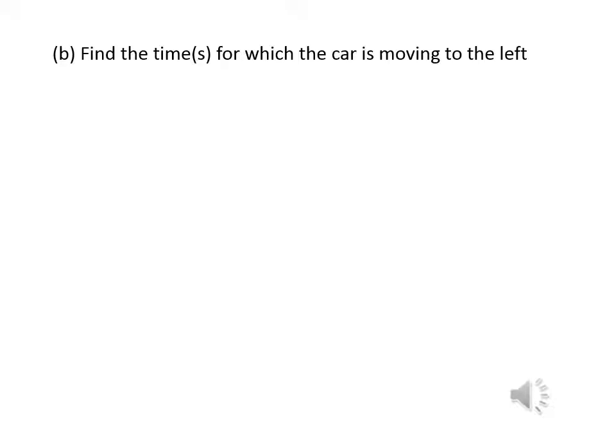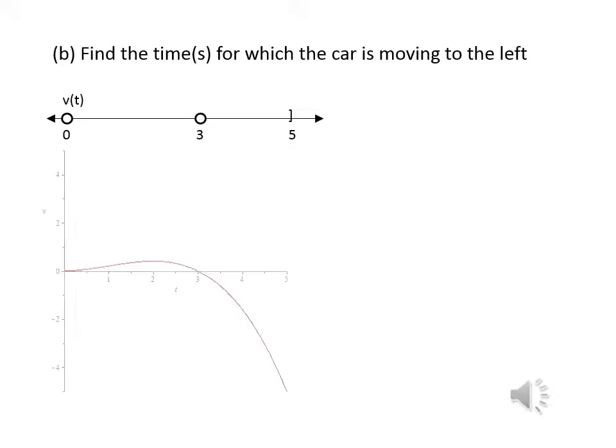For this, we want to consider the sign of the velocity, and so we create for ourselves a number line showing the signs of the velocity. If we have the graph of the velocity, we can read those signs directly off the graph. If not, then you can choose a representative value from each subinterval. t equals 1 is a good representative value, and t equals 4 is another one. You can plug those in for yourself to see that the velocity is positive between 0 and 3, and negative